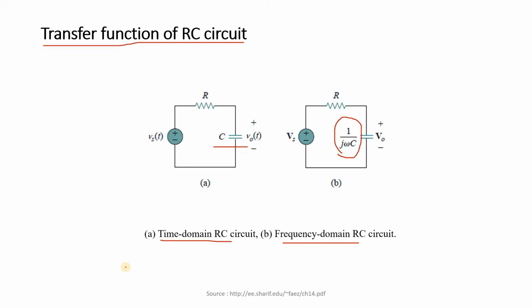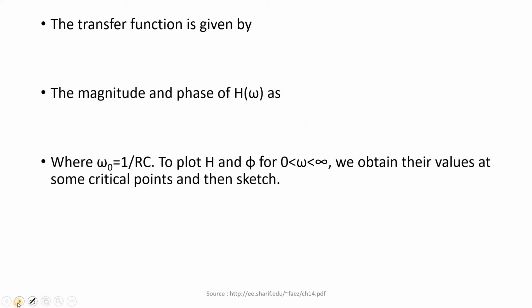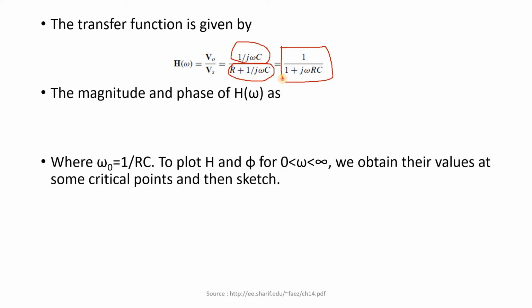Now in this section, we are going to study how we can find the transfer function of an RC circuit. So the transfer function of an RC circuit is given by your output divided by input. This is your impedance corresponding to the input section, and this is your impedance corresponding to the output section. So dividing this, your overall transfer function comes out to be this, where later on j omega can be replaced by s.